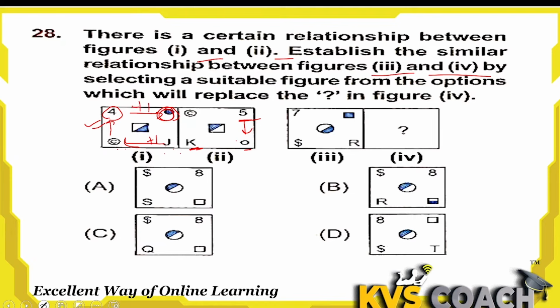Here 4 + 1 is 5, taking this place. This will take the unshaded region, and here this will take +1 place, and this is the same. So for the same we will take the same here. So dollar will be the same. 7 + 1, then this will be 8 here. This is shaded, but here it should be unshaded because this part was unshaded here. And here this place will take +1. So R plus 1 is S. So here it will be S.